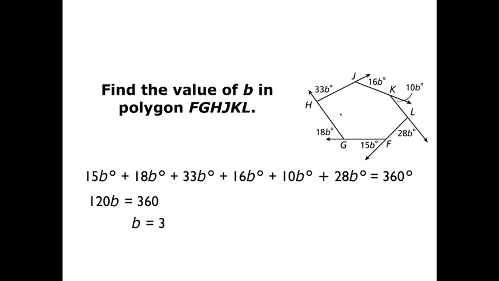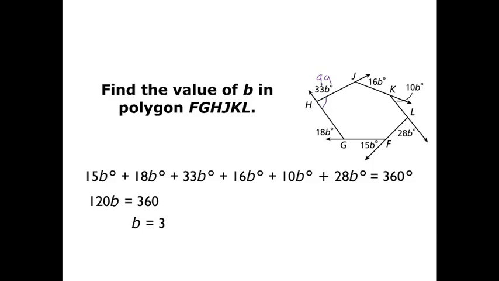One key thing to note here: let's say that I find the measure of this angle here at H, which is 33b. So I know that that's 99 degrees when I plug that in, and I could use that to help me find an interior angle. So if I wanted to find the measure of this angle JHG, I could now plug in what I got for my exterior angle, the 99,